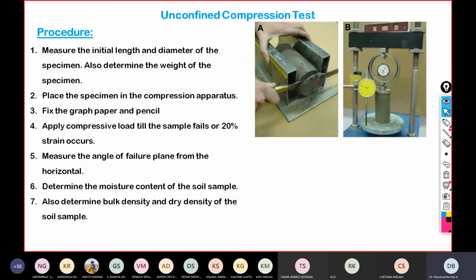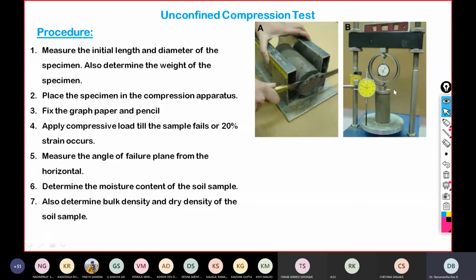Okay, very good. So then place the specimen in the compression apparatus. This is the compression apparatus. This compression apparatus is connected with three things. First is the loading frame, where it measures the amount of load applied corresponding to an applied deformation. Then this is the dial gauge or LVDT, which measures how much is the deformation. So when you conduct the test, I will get the amount of load applied against the applied strain.